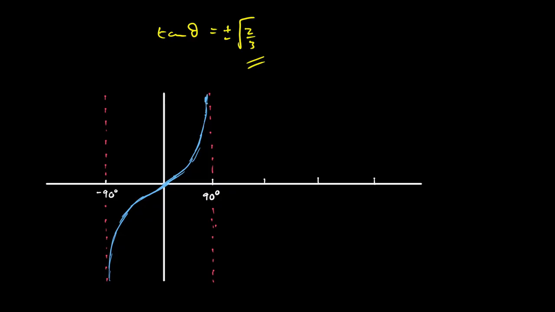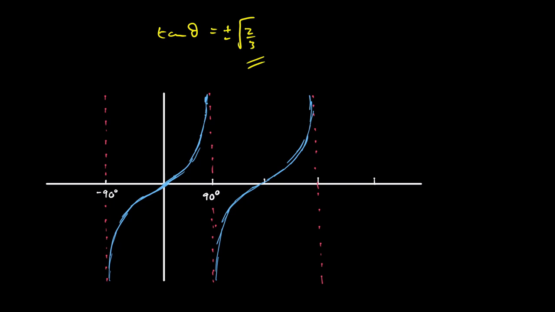And the second tan wave, right? Because the tan wave repeats every 180 degrees. So we've got another tan wave, which is just the same thing, which is going to look like that. The key thing about the tan wave is it has those asymptotes of plus and minus 90, and that the period of the tan wave is equal to 180. So if we want to solve where tan theta is equal to plus or minus root 2/3, then basically we're